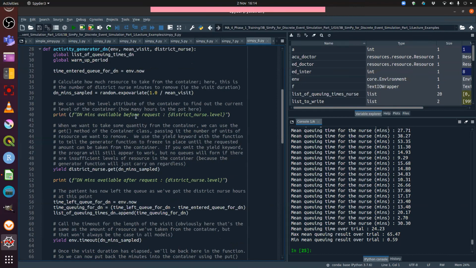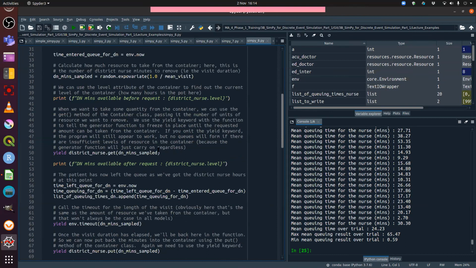And I can use the level attribute of a container to find out the current level of the container, i.e. how much we've got. So at the start, there should be 1,000 when we first run that model. Then I'm going to take some quantity of this unit from the container. So if I sample that I want to take 20 minutes of district nurse time,